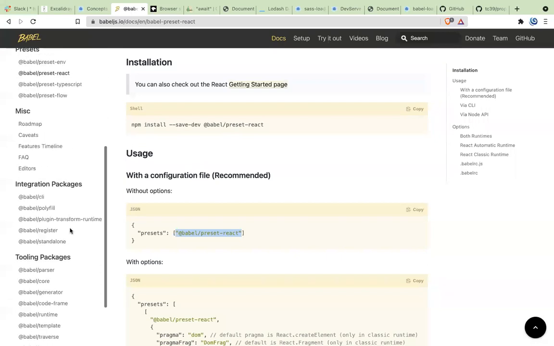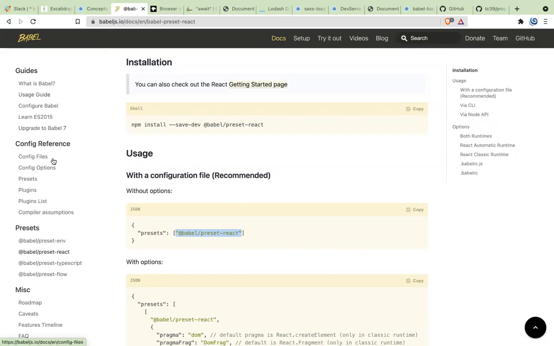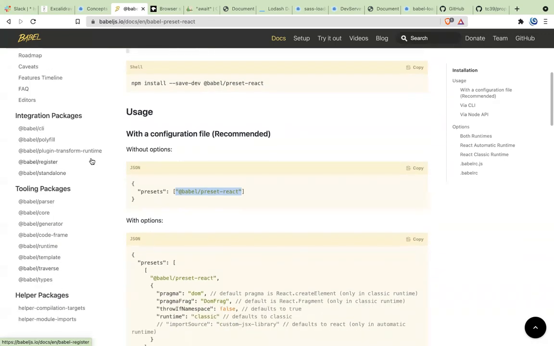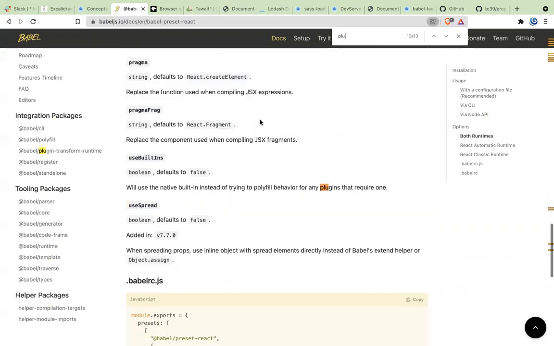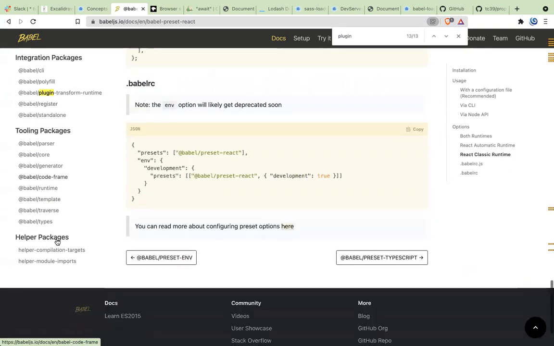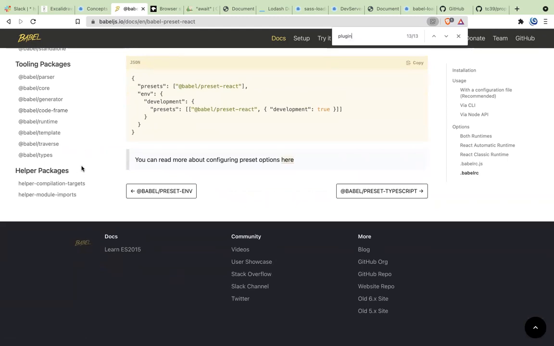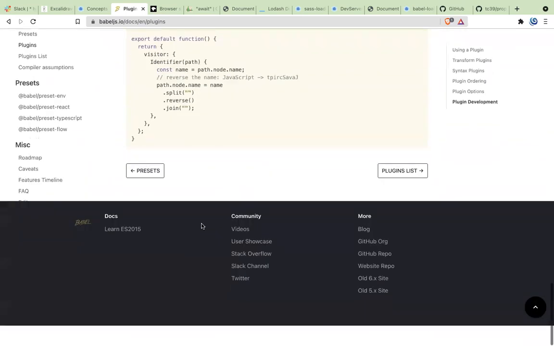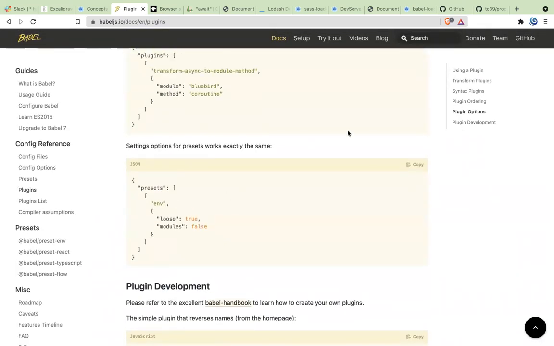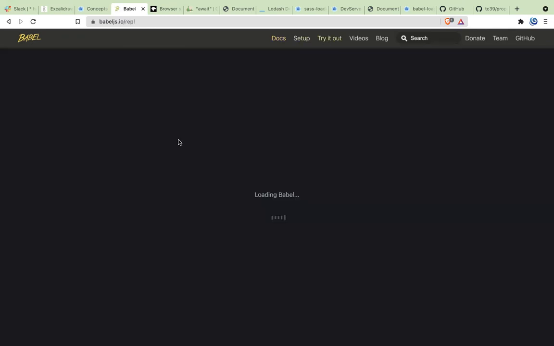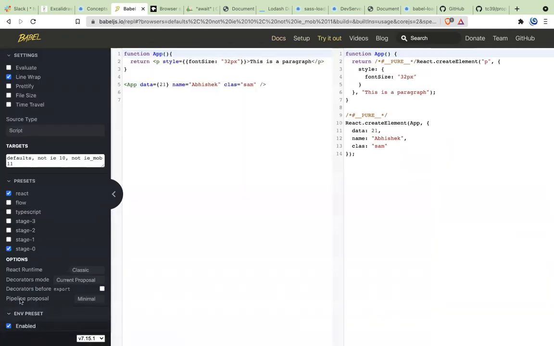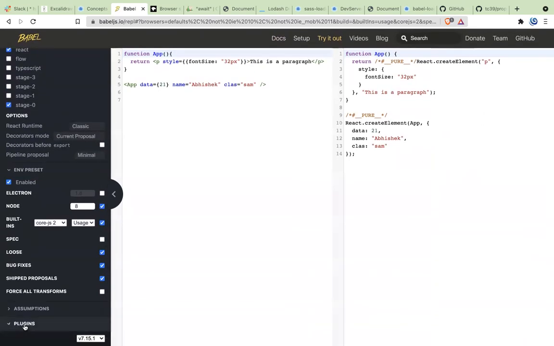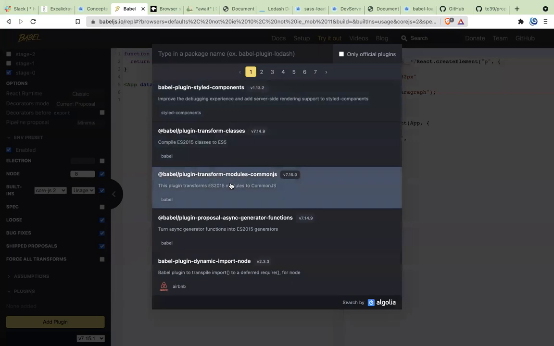Similarly, if you come to this part, you'll see that it has so many plugins. So if you look at it, it has many different plugins. Let's look at all. Yeah, look at this. They have so many plugins here. You can install any kind of plugin from here, wherever you want to install it. So for example, look at plugins. It has a lot of plugins for different things, different new features or something like that. If you want to see the number of plugins, you can see how many plugins they have. So here, if I click on plugins, it will click on add plugins. And these are all the plugins that somebody has created for some purpose.